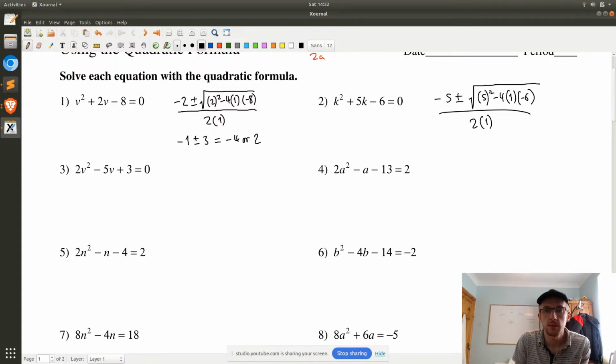And inside there, we've got 25 add 24, so that's 49. Root 49 is plus or minus 7. So it's minus 5 plus or minus 7 all over 2. So minus 5 plus 7, that's 2. Minus 5 minus 7, that's minus 12. So you can clearly see, when dividing those by 2, that